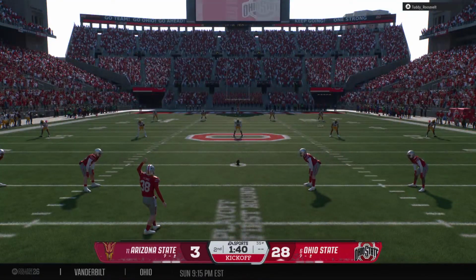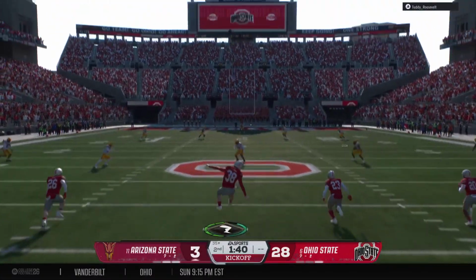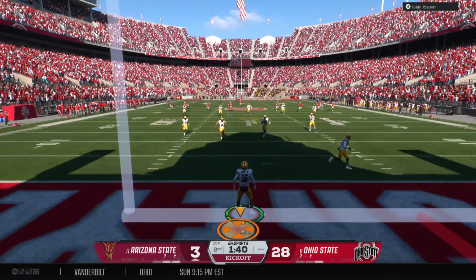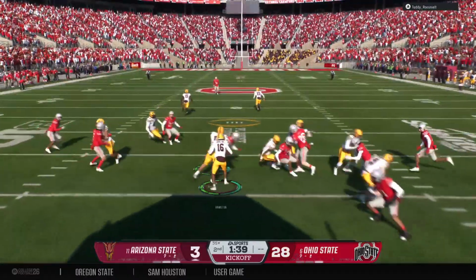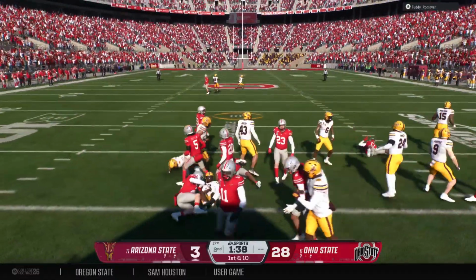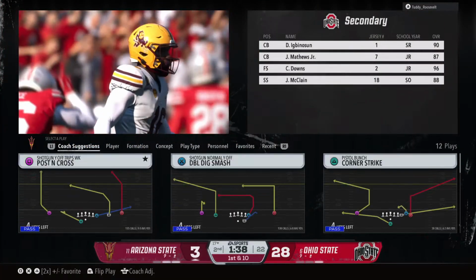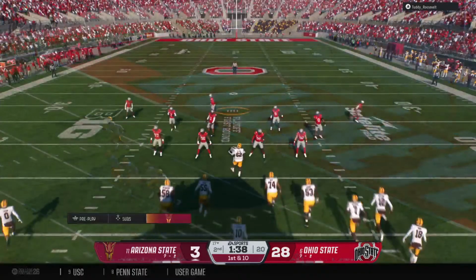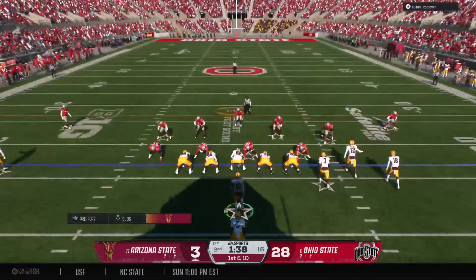So after putting up the touchdown, the kickoff team is out there to boot it away. Bringing it out, it's Hamilton. He's tackled at the 17, so it would have been better to leave it in the end zone for a touchback. So the first play of the drive here coming up, less than 2 minutes left on the clock.